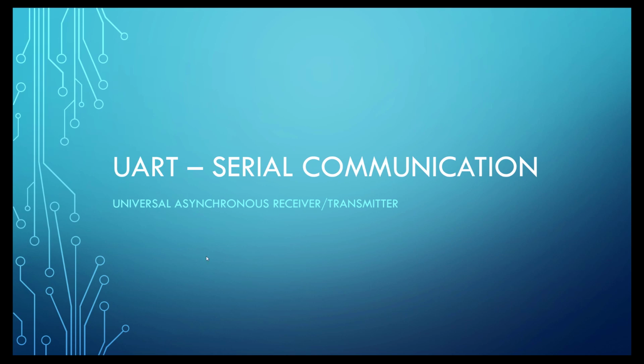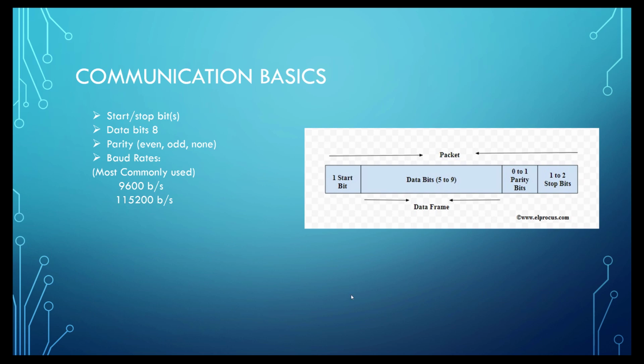So first of all, let's go through some of the theory. This is the basic structure of a UART communication packet, and we have a start bit, and then we have some data bits. Mostly there are 8 bits of data, which is a single byte, and then there is a parity bit, which might be 0 for even, 1 for odd, or maybe there is no parity, so none would be the parity. There are some stop bits. We can use 1 or 2 stop bits for that,